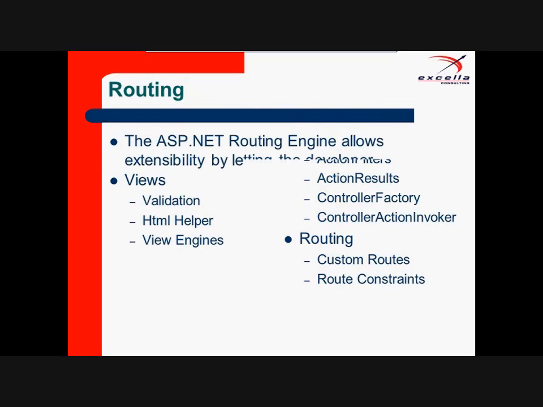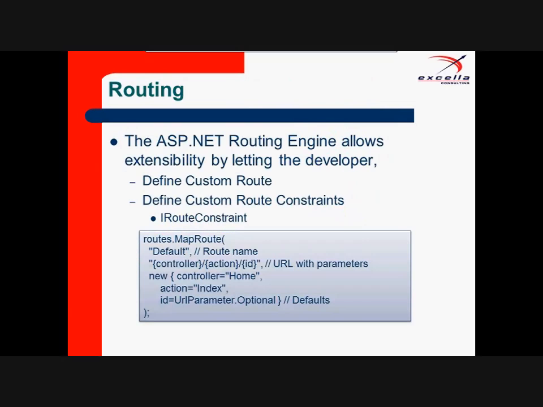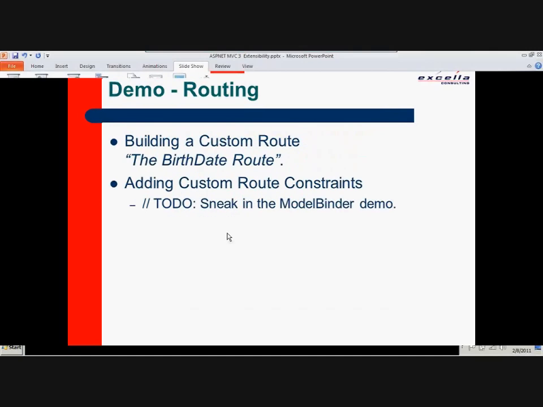So let's go ahead and talk about routing. What we want to accomplish with routing is that the URLs that are actually used to access our application are, again, human readable, search engine optimized, and basically usable and pretty from a client's perspective. There are many ways we can do this. The first one is by defining a custom route in the ASP.NET routing engine. Notice that it says ASP.NET routing engine because it's a routing engine that's part of ASP.NET, not exclusively ASP.NET MVC. We also can define custom route constraints, and those are going to come in very handy in the birthday exercise. So I'll jump straight into the code